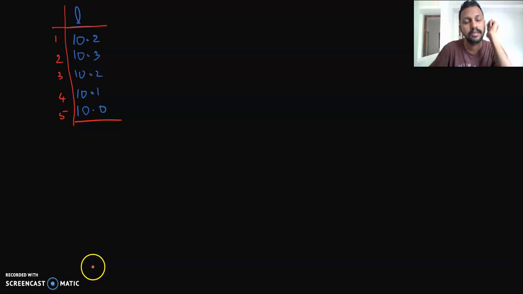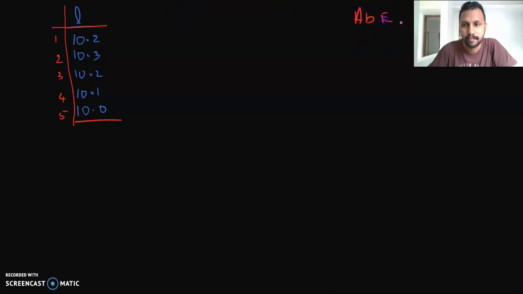Okay, students, in order to understand the next situation, let me give you a problem. They have given you 5 measurements of a single physical quantity. If the length of some substance was measured 5 times, they obtained the values as 10.2, 10.3, 10.2, 10.1 and 10.0. From this, they are asking you to find out the